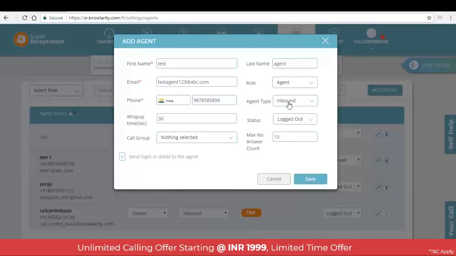You can select the agent type as inbound, outbound, or blended. If you select the agent type as inbound, then this agent will answer all the incoming calls that land on this agent number. If you select the outbound call, then this agent will be able to make outbound calls, that is, this click to call. If you select blended, that means this agent will be able to answer incoming calls and also make